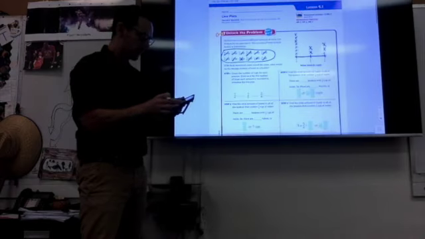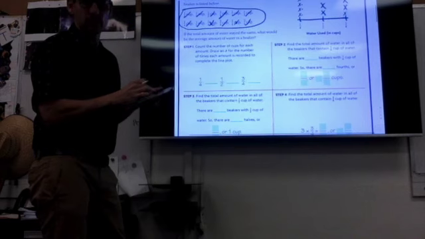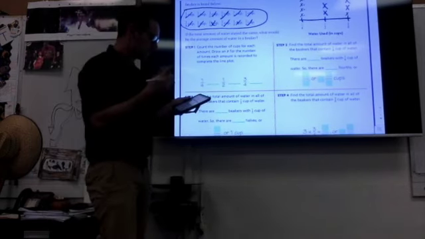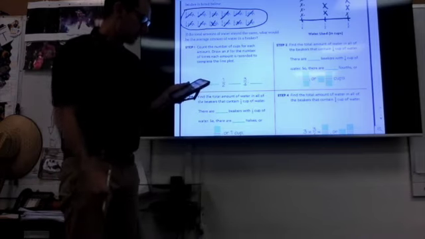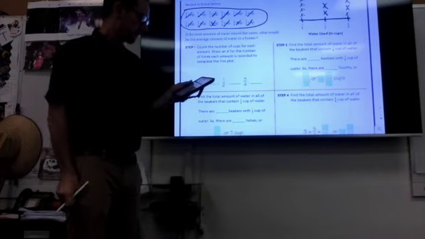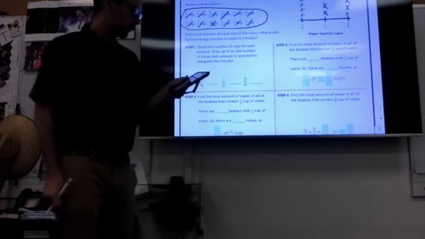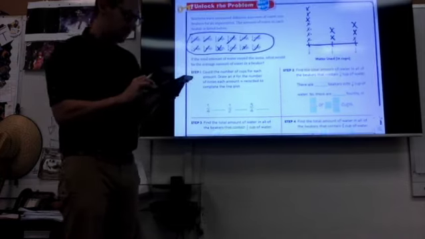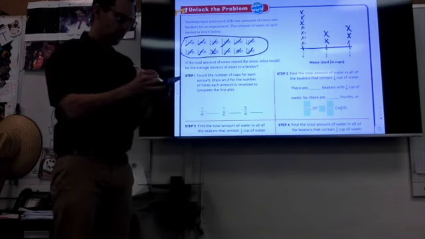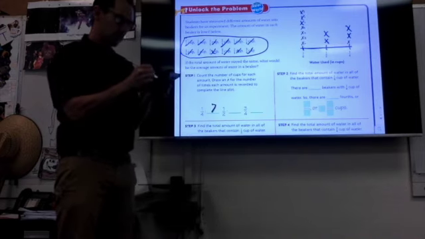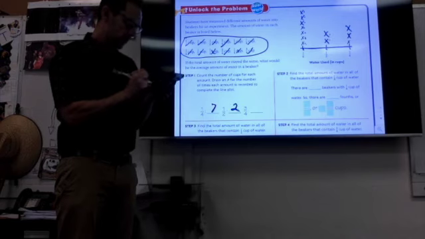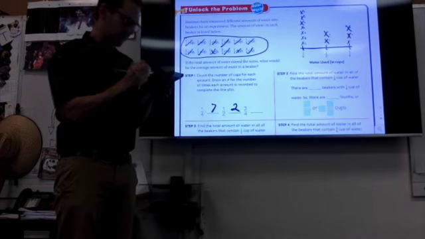Now I'm going to go through the steps of the problem, and this is where you guys having the textbook in front of you would be helpful. Step 1: Count the number of cups for each amount. Draw an X on the number line. Record to complete the line plot. So we've already done that, but let's just write our numbers in here. So there are 1, 2, 3, 4, 5, 6, 7 at 1/4, 1, 2 at 1/2, and 1, 2, 3